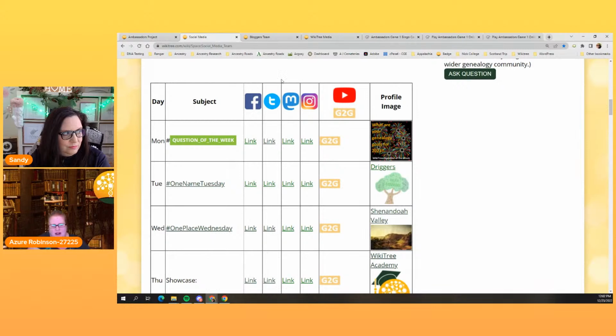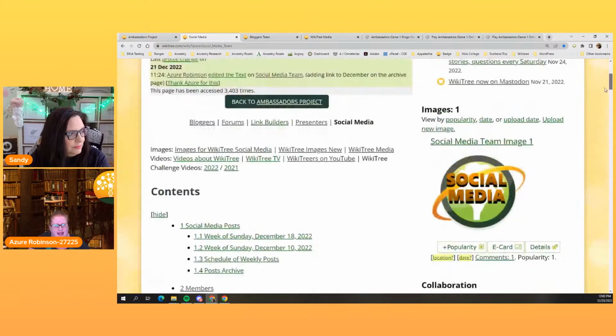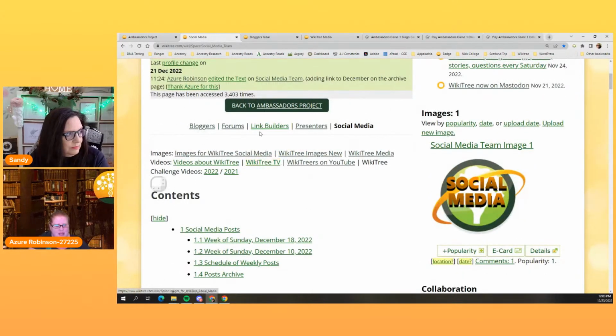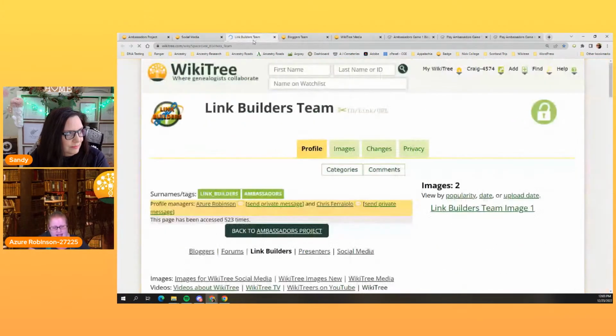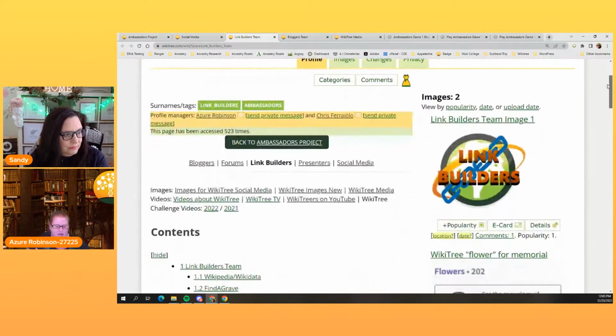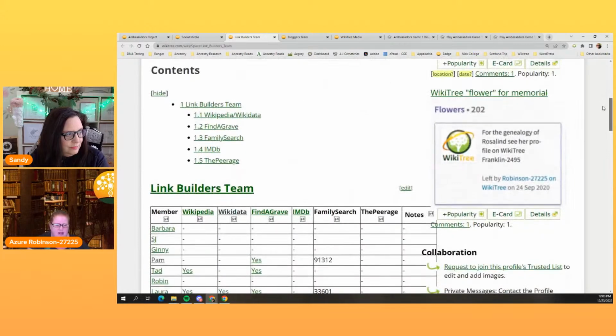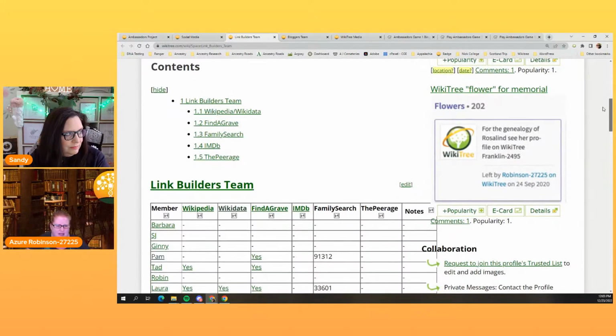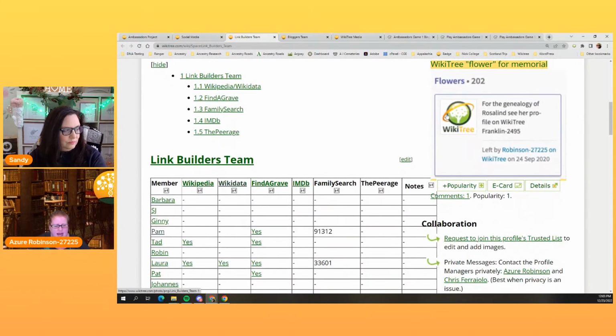Another aspect of the Ambassadors Project is the link builders. If you scroll back up just a little bit further, there's a link there for link builders. That's another way for members to share about WikiTree out on places like Wikipedia, Wikidata, and Find a Grave.